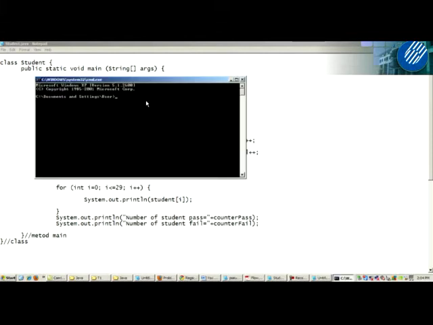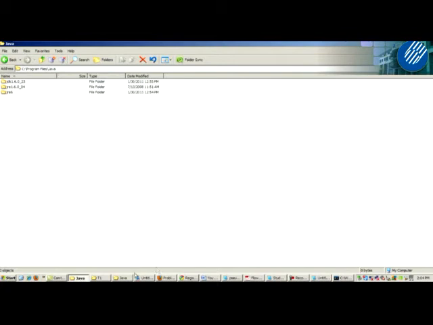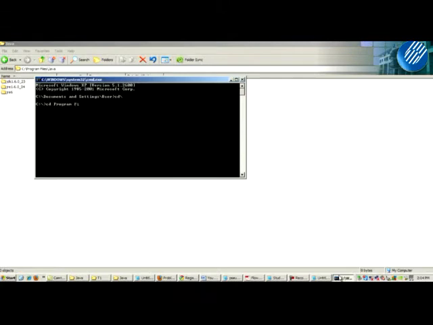This is your command prompt. You need to go to your C directory. Okay, how you go? You can go to C directory, CD, backslash. Okay, CD, backslash, enter. So you are in C directory. You need to go to the bin directory of JDK. So you type CD, program files, right? Program files, got space and program files.